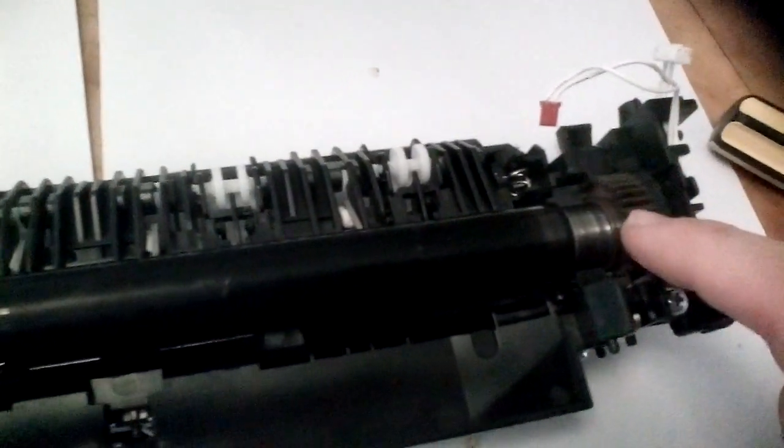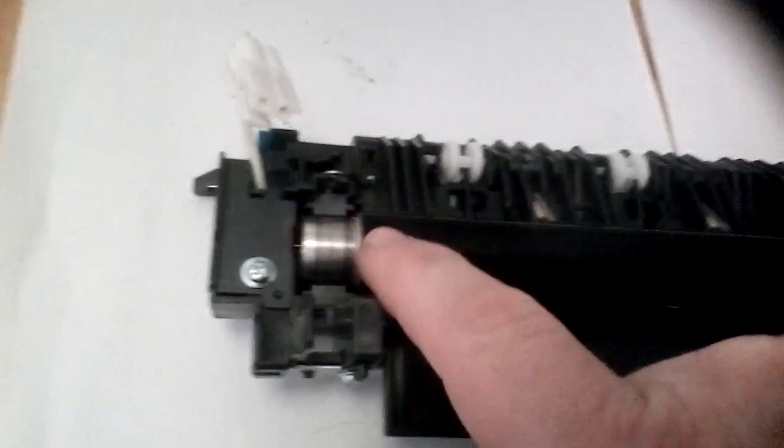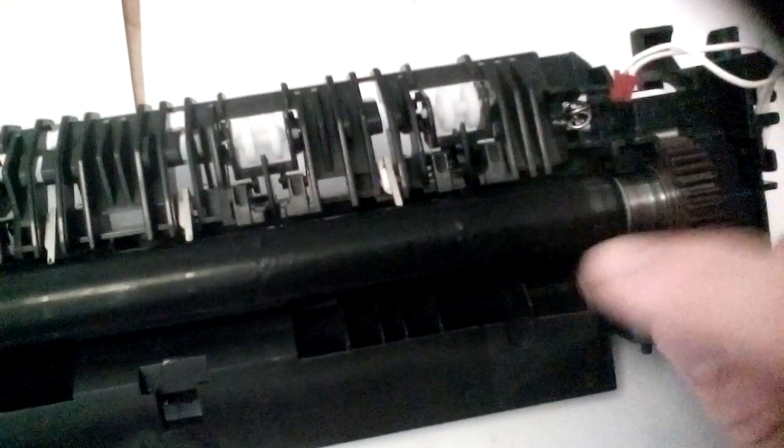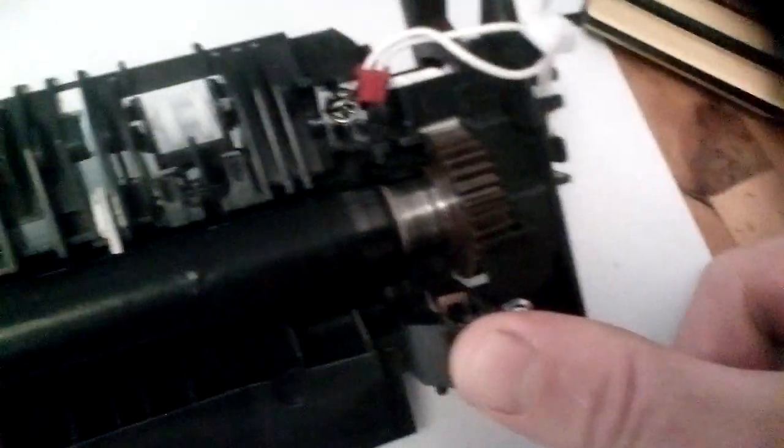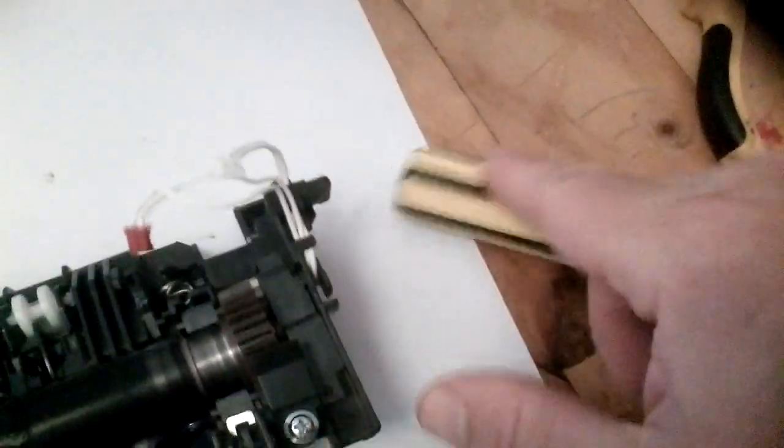There is a halogen fuser lamp that runs through the middle of this roller to heat it up to 200 degrees Celsius. It's very easy to break this lamp, so you do not touch it with your fingers, you do not touch it with a screwdriver. You just be really careful around it and you do not touch it at all. If you have to touch it, you hold it by the metal electrodes at either end and you be very careful moving it around. So we'll just undo this screw here,